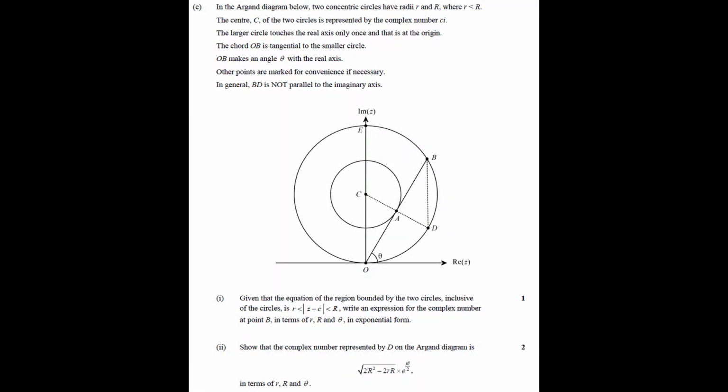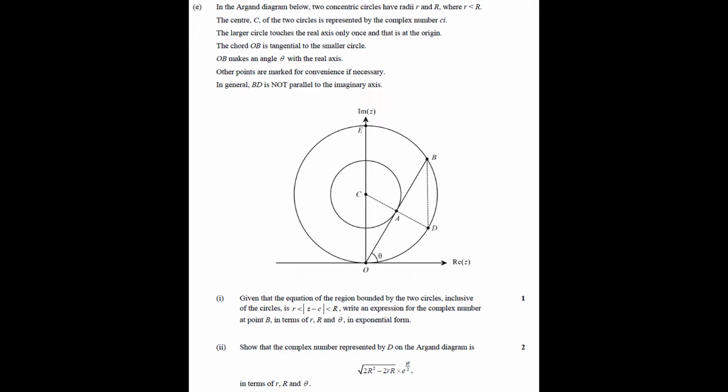Hi everyone, in this video I'm taking a look at question 14 part E of the 2020 Extension 2 trial exam from Sydney Boys High School, which is a selective school in Sydney. For this question we're told in the Argand diagram below, two concentric circles have radii of lowercase r and uppercase r,